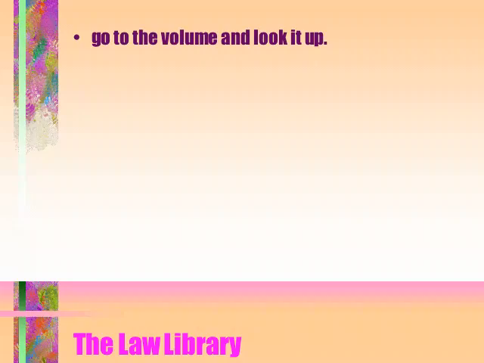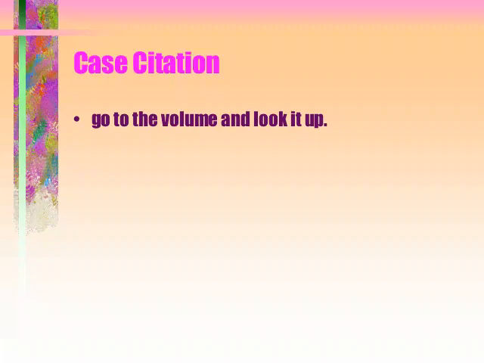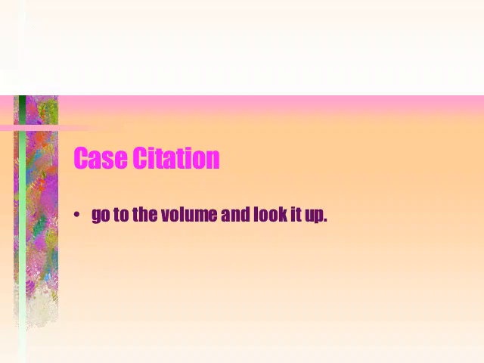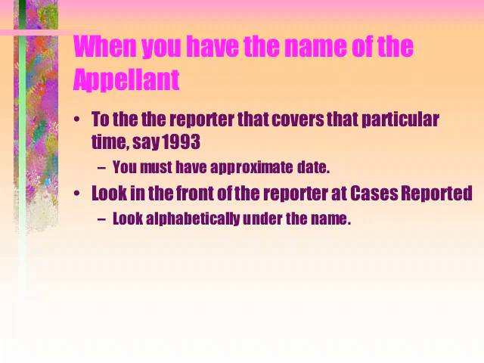Although you must understand that different cases can be found in a multitude of different reporters. So by case citation, you go to the volume and look it up. If you have the name of the appellate, you can go to the reporter that covers that particular time, say 1993. You've got to have an approximate date. You can look in the front, look alphabetically under the name of the parties